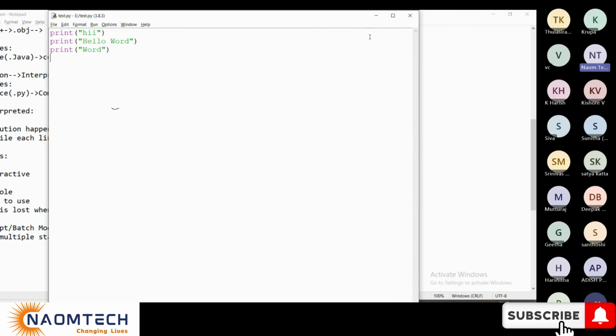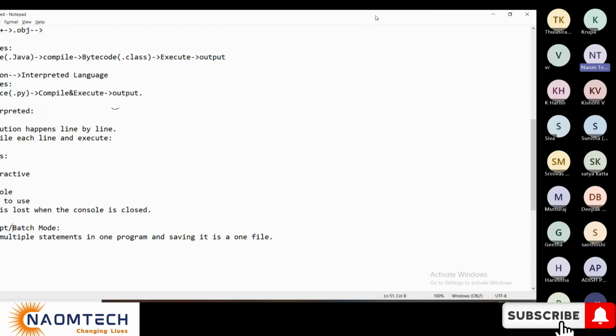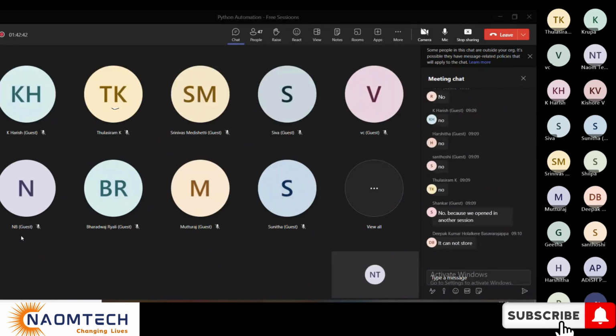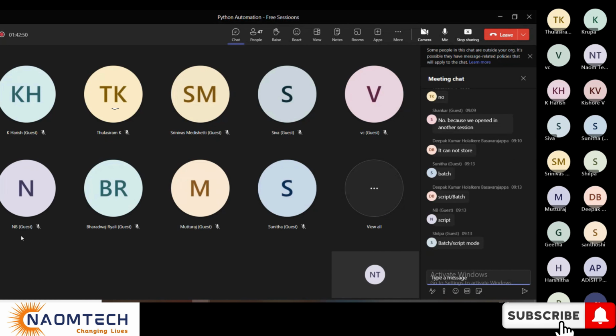Is it clear now? Which one do we prefer when working in a development environment in real time? Do we use interactive or batch or script mode? Answers, please. Batch mode, yes.